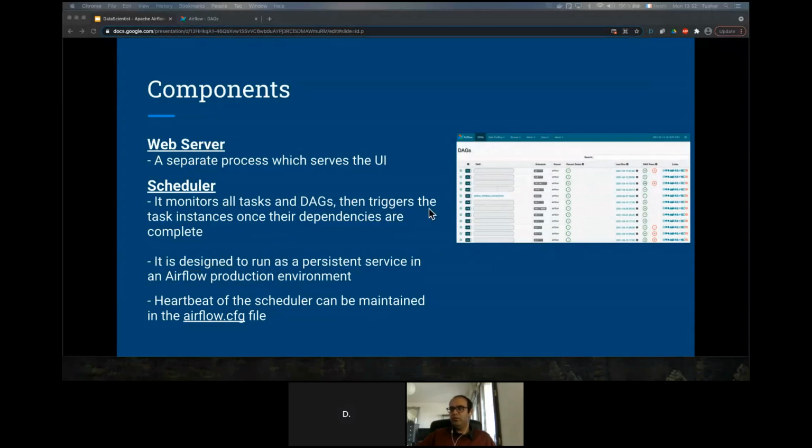It is a persistent service, so that means it will always be running. It will not be stopped or wait for something. It will always keep running, and you can monitor its heartbeat, which is how many seconds it waits before it rechecks everything. In the configuration file, you can configure the heartbeat of the scheduler.